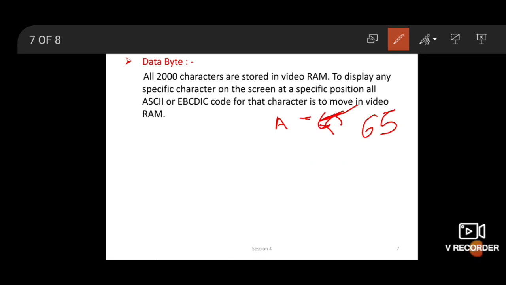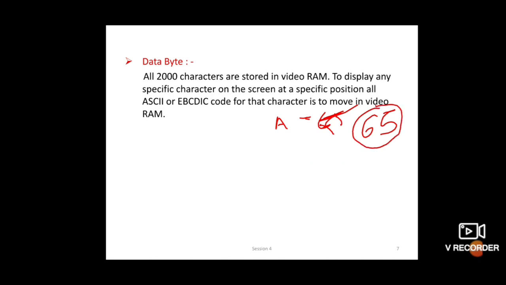This is the ASCII value for A. The computer only knows binary code. The computer doesn't know A, B, C, D or star or percent sign, but the computer only knows binary code.